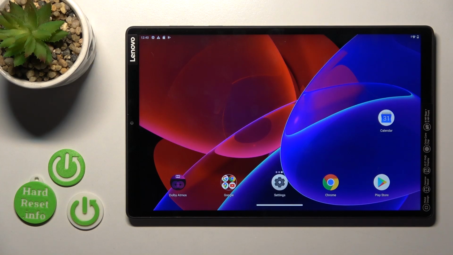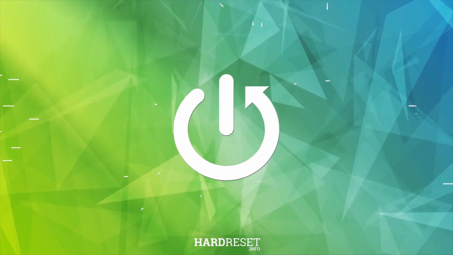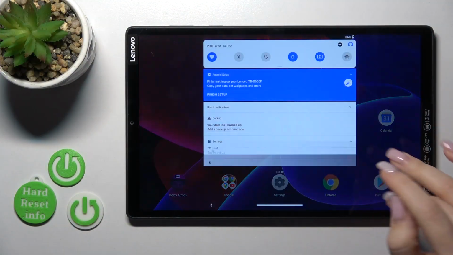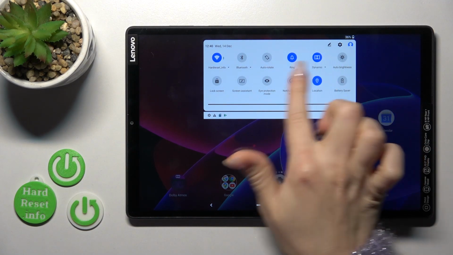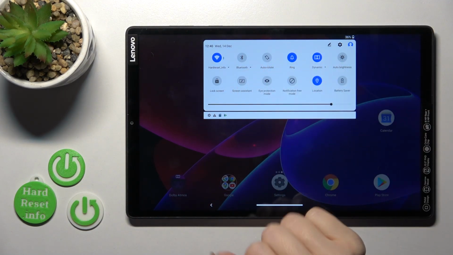Hi, today I'm running Lenovo Tab M10 Plus and I'll show you how to edit notification panel shortcuts on this device. So first let's open notification panel shortcuts, and if you wanna just add here some options or remove some of them,